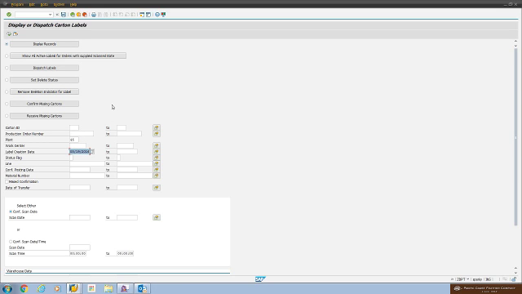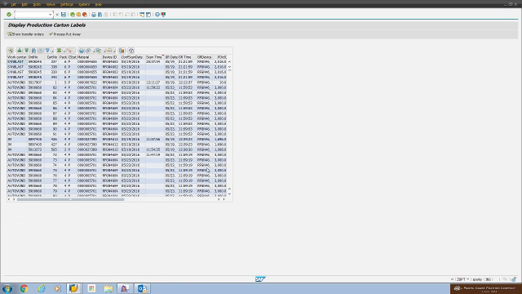Everything that was created on this date. Okay, so the system's going to go out and say, here's all the labels that were printed on that day, and I can show the activity against it. Okay, so now